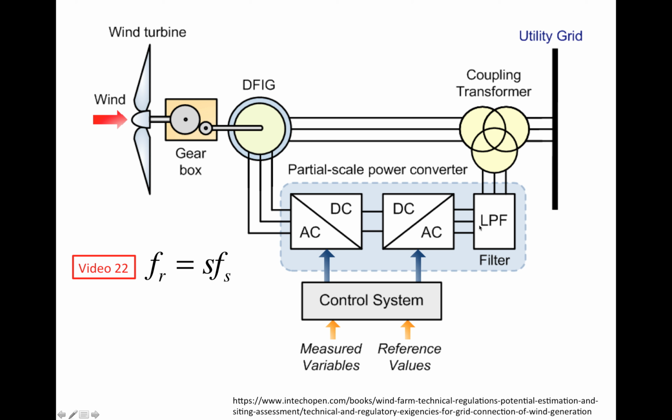So the purpose of the power converter is, first, to rectify the AC power from the rotor into direct current, or DC power. It converts the AC power coming off the rotor, which is at a very different frequency from the grid frequency, into DC power,